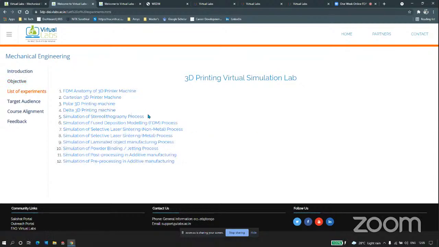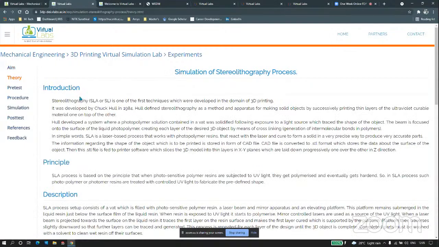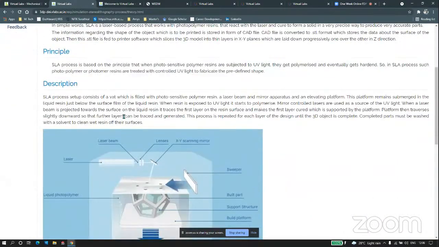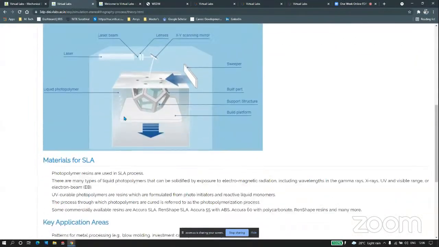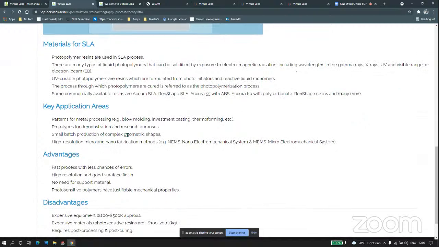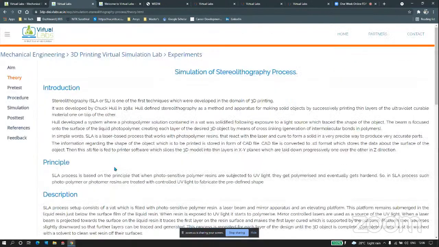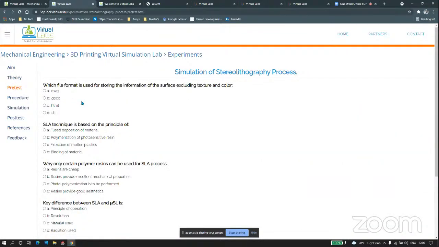So here I'll demonstrate simulation of the stereolithography process, so the SLA process. Here you'll be having an introduction about the SLA process, how it will be carried out, the process diagram, material for the SLA, the application areas where it can be used, and the advantages and disadvantages of the SLA process. So next is the pre-test. After reading the theory part, after having the knowledge of the SLA process, you'll be guided to